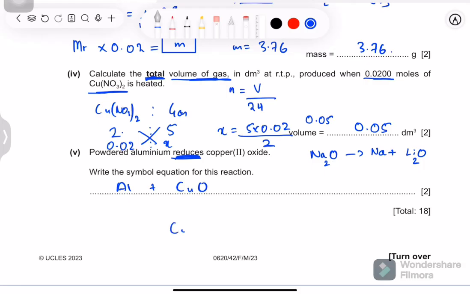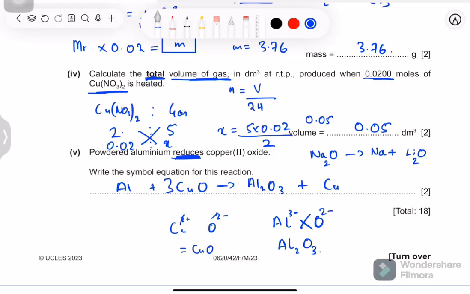Formula CuO, as Cu is 2 plus, oxygen is 2 minus, cross multiply, cancel, equals CuO. The oxygen is being displaced by Al, as aluminum is higher in the reactivity series as compared to copper. This will be Al2O3 plus Cu. Al2O3, how did we get it? Because 3 plus charge on Al, O has a 2 minus, cross multiply, Al2O3. For the balancing, we know here are 3 oxygens,